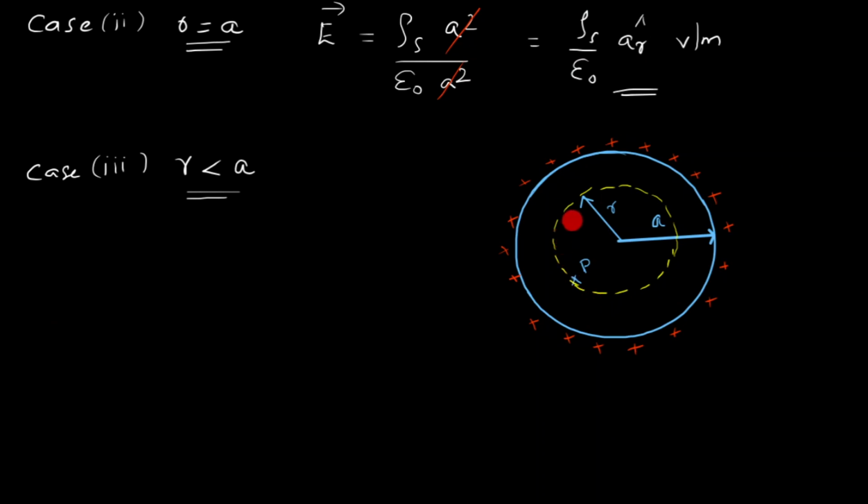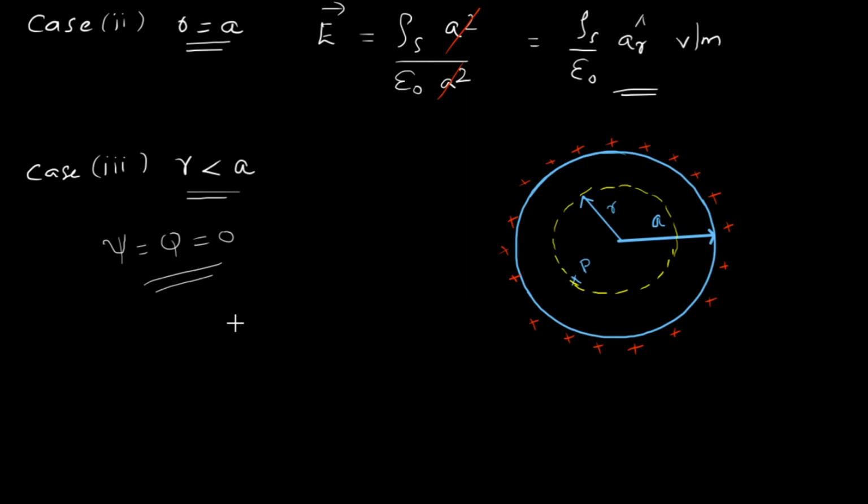Now, this is my Gaussian sphere, which is nothing but the Gaussian surface, right? Does it enclose any charge? The charges are lying out here on the shell, and my Gaussian sphere radius is much less than that. So r is less than a. This imaginary Gaussian sphere which I have considered is not enclosing any of these charges. So the total charge enclosed is 0. From Gauss's law, psi is equal to q, and in this case that is 0. The charge enclosed is 0.